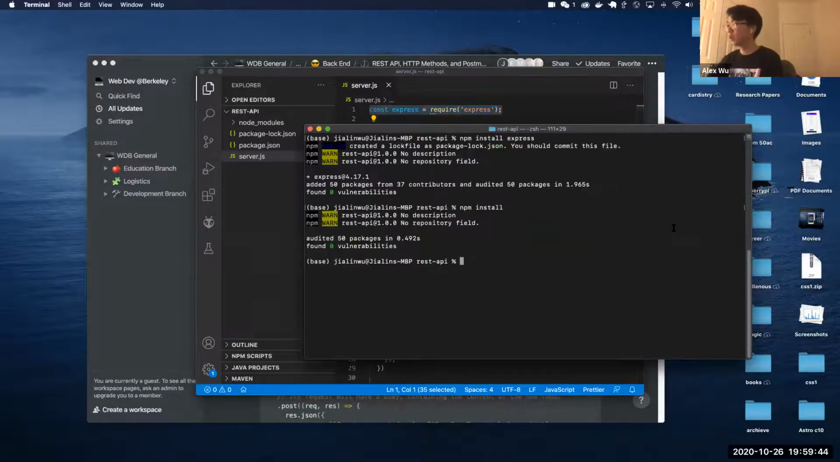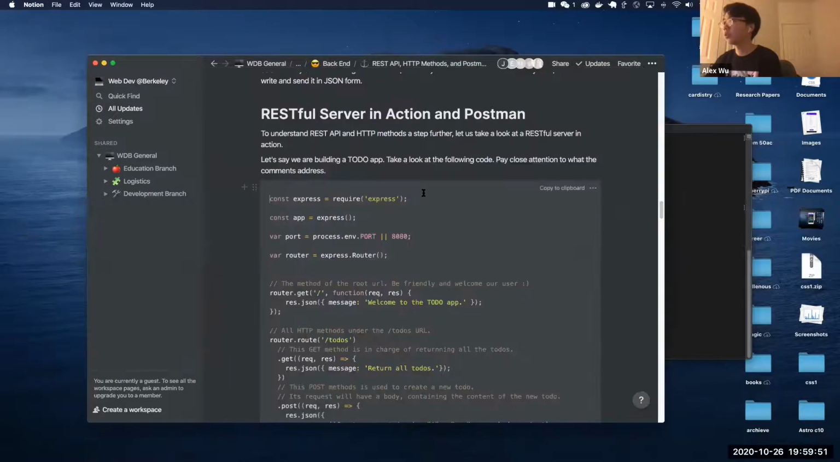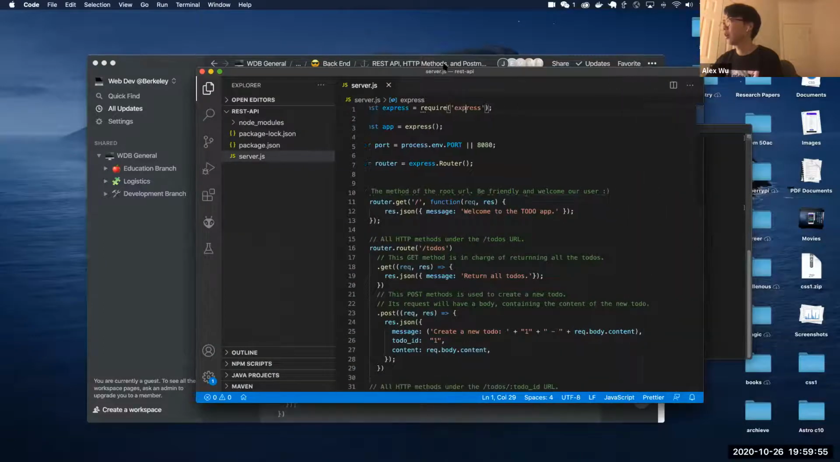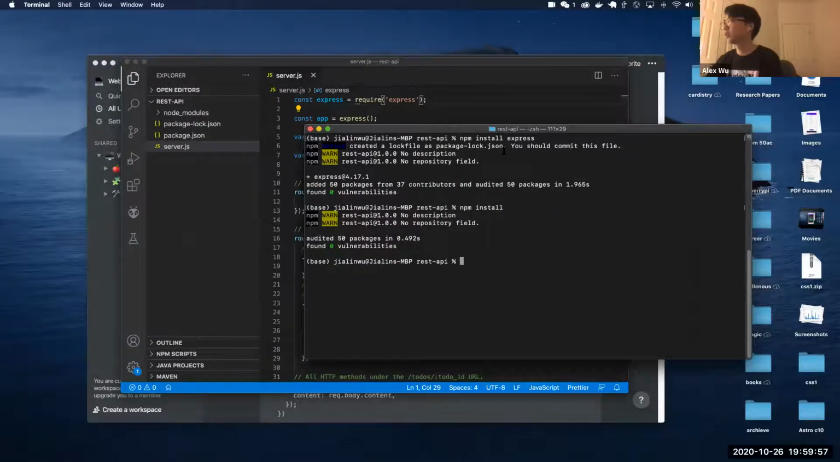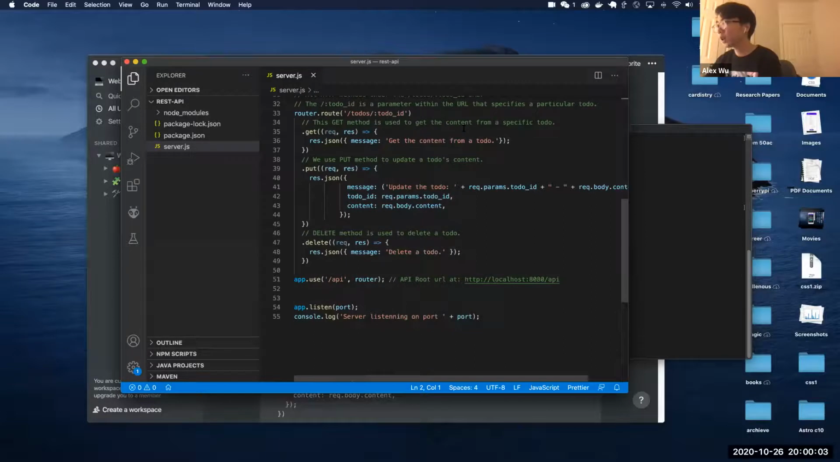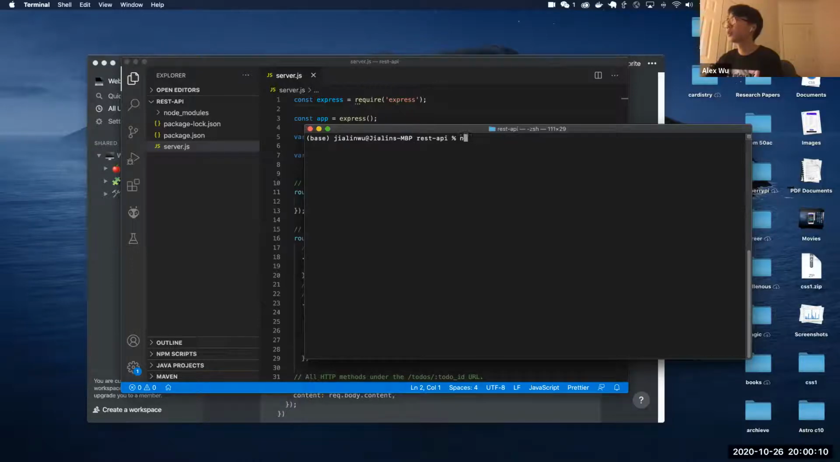Cool. Okay, so what I've just done is paste the code from the Notion into VS Code, and then I install npm. I install Express. I think that's the only thing we actually need to install. Yeah, so we should be good. It's clear, and let's try Node